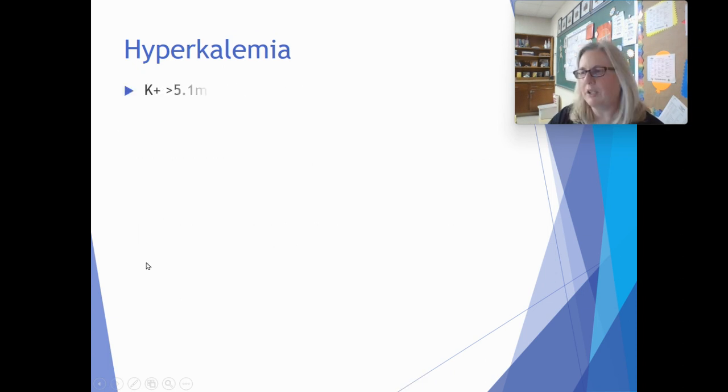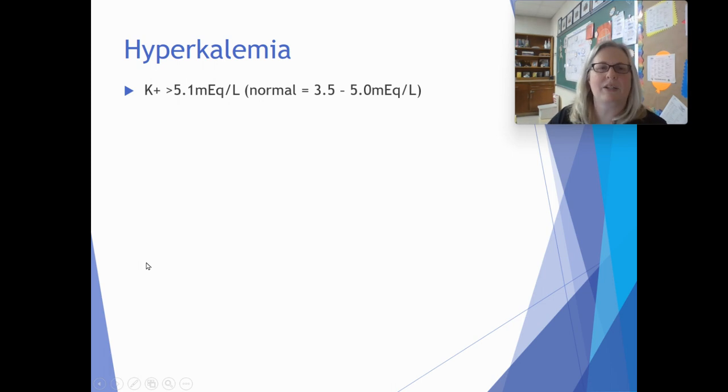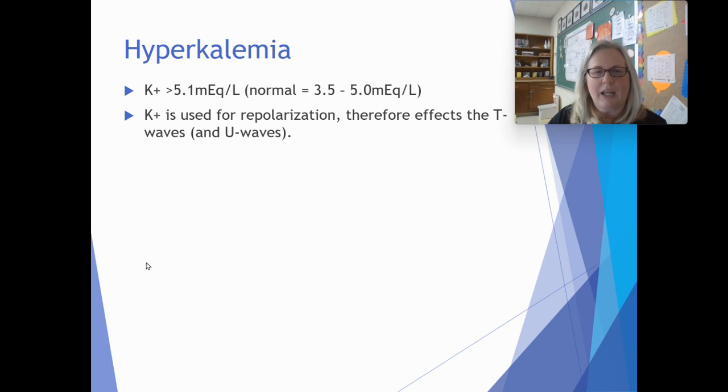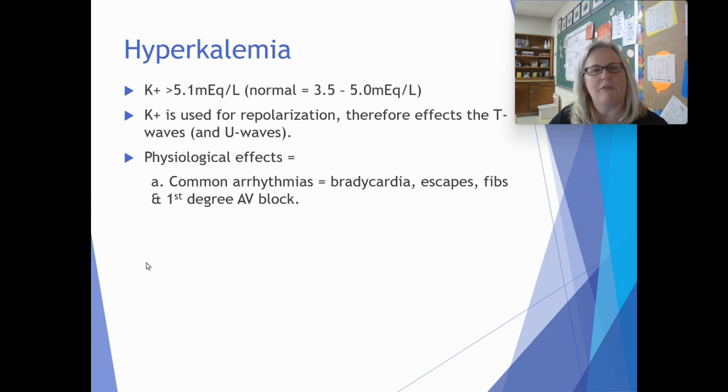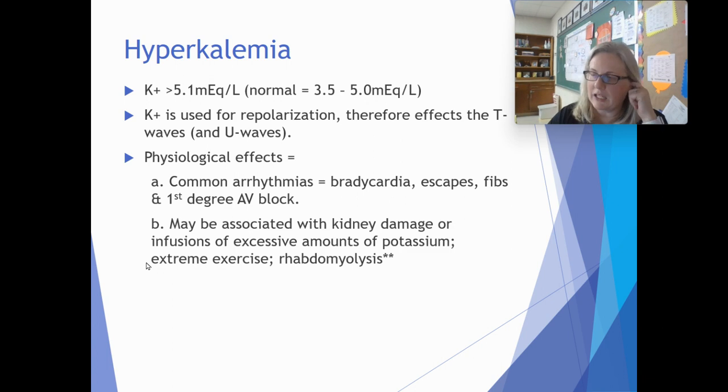And here we are with hyperkalemia. We talked about this. If it's greater than 5.0, that would be considered hyper. Again, potassium is used for repolarization, so it does affect the T wave. Common effects with this are bradycardia, something called escapes, some AFibs, VFibs, first degree AV block. It's also associated, and this is the most common, with kidney damage or infusions of excessive amounts of potassium, extreme